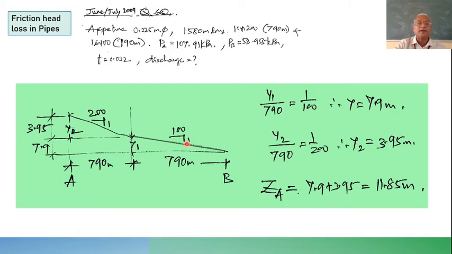So 1 by 100 equal to vertical side y1 divided by 790. From this y1 will be equal to 7.9 meters. So 7.9, 3.95, the total head over here, if you call it potential head, if you consider this as the datum of reference, and ZB, that is potential head at B, equal to 0, then ZA is equal to 7.9 plus 3.95, it's 11.85, right? Now further,